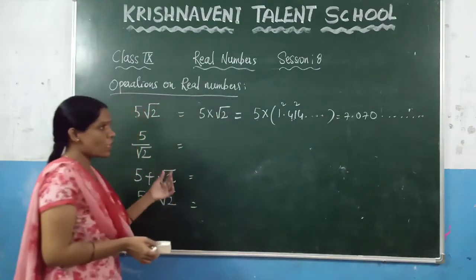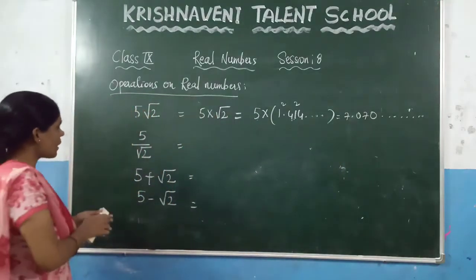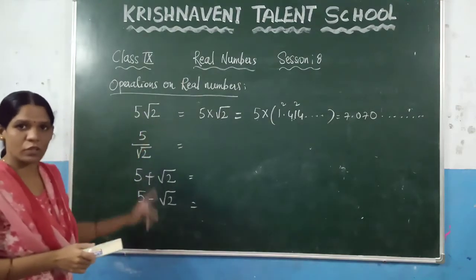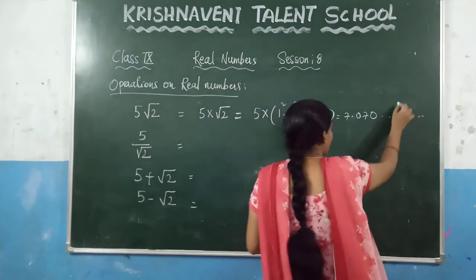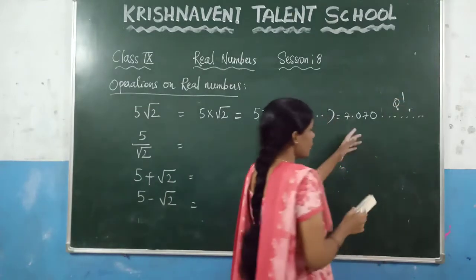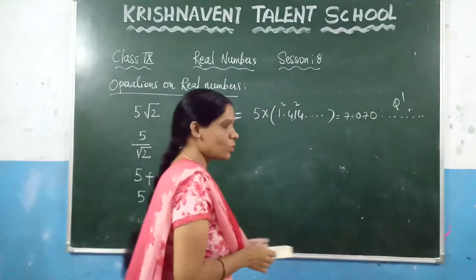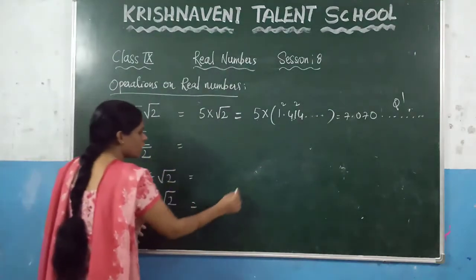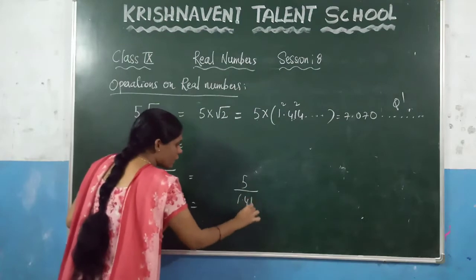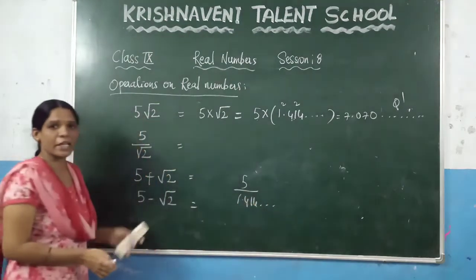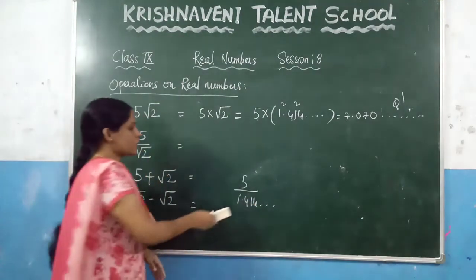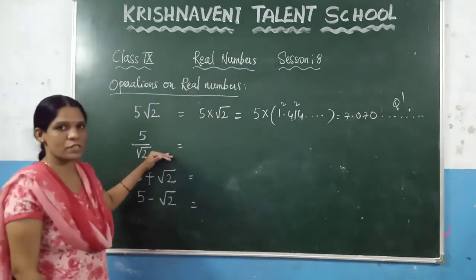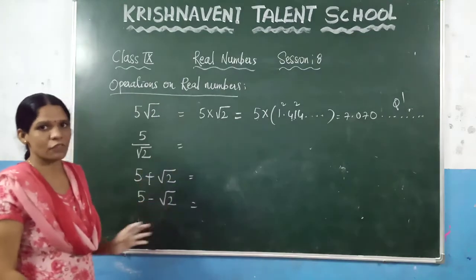So here we have multiplied one rational number with an irrational number. But the result we got is an irrational number. You know that the irrational numbers are denoted by the letter Q dash. Now see this one. Can we divide 5 by 1.414? We cannot divide this number. For this, we need to do the rationalization. This rationalization process we are going to discuss after a few minutes.